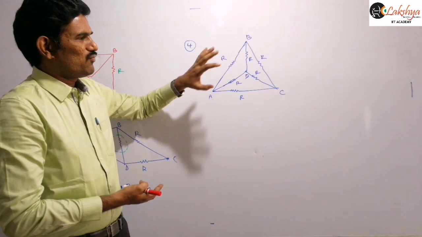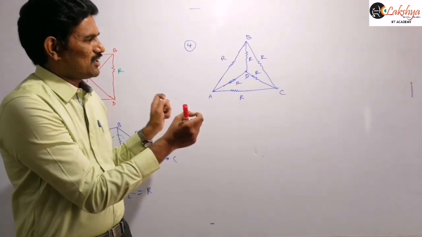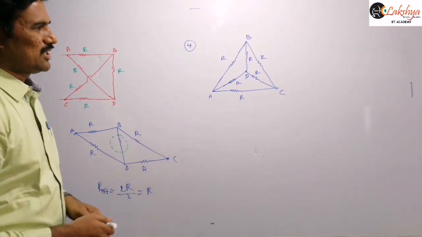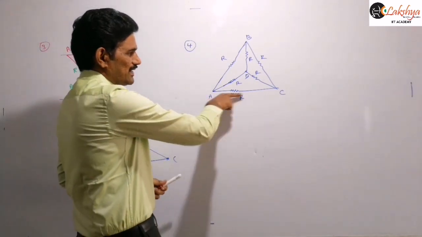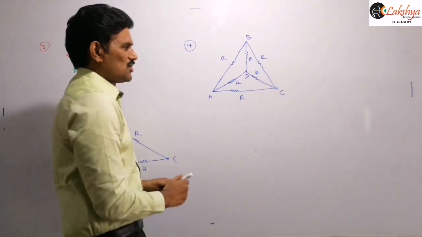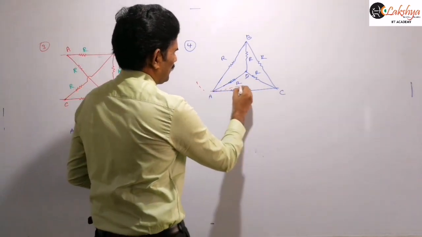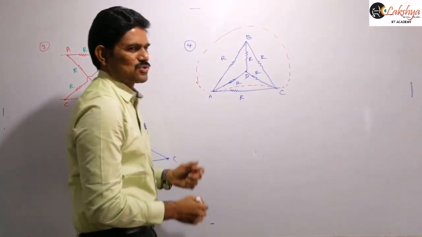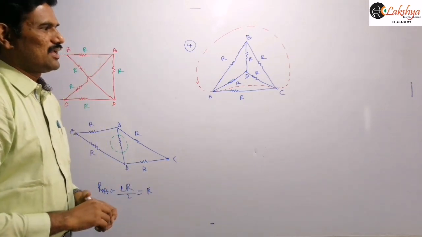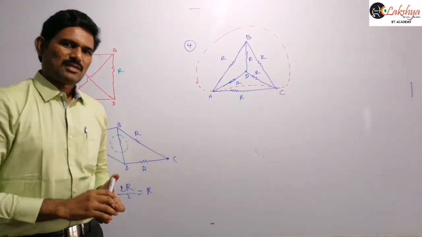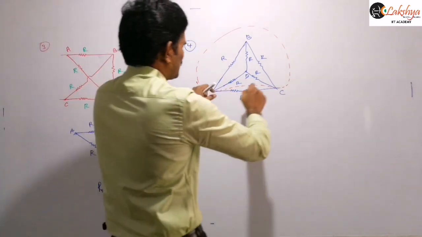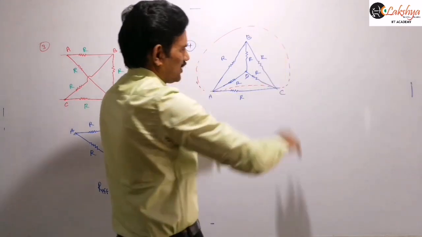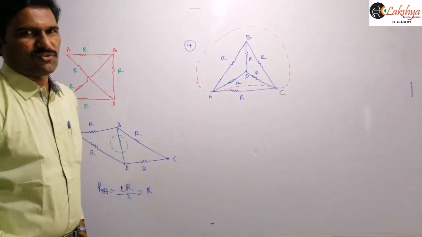Can you identify the Wheatstone bridge in that circuit when you want to find the effective resistance between A and C? Simply you can identify that I am excluding the direct resistance between A and C. So the remaining part of the circuit, except this resistance, is a Wheatstone bridge. If you remove this resistance and pull this circuit here, then you will get our standard Wheatstone bridge form, right?